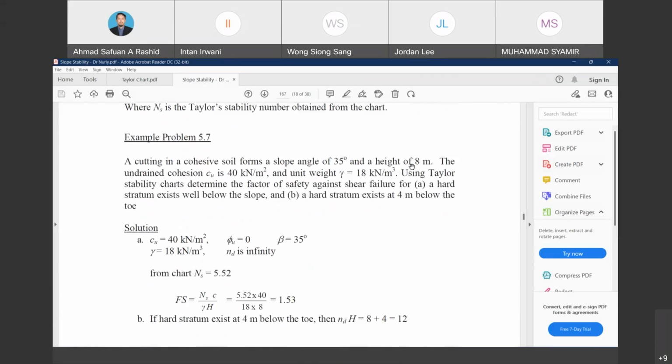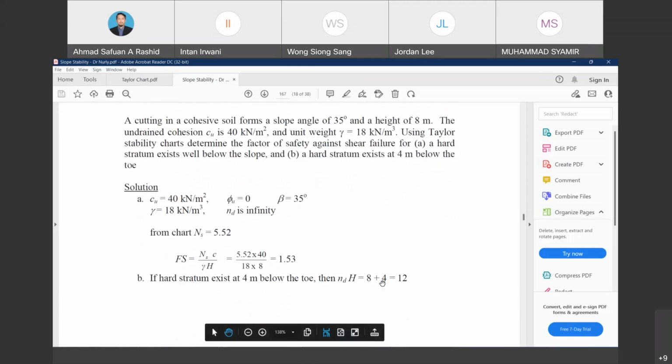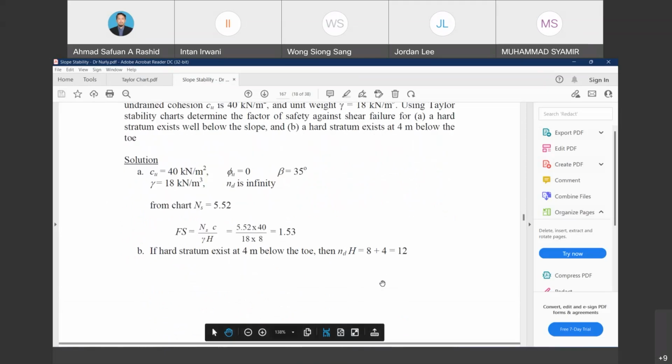The height is 8 meters. A hard stratum exists well below the slope. For example, for part B, the hard stratum exists at 4 meters below the toe. So if it is 4 meters below the toe, definitely the value of ND